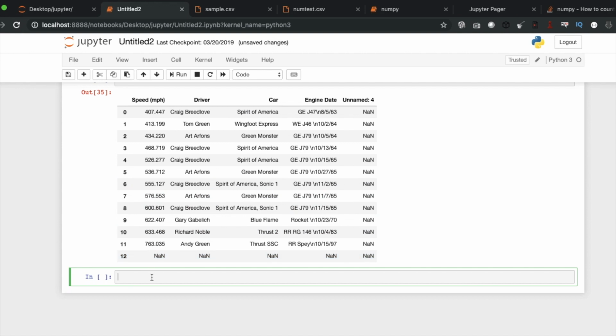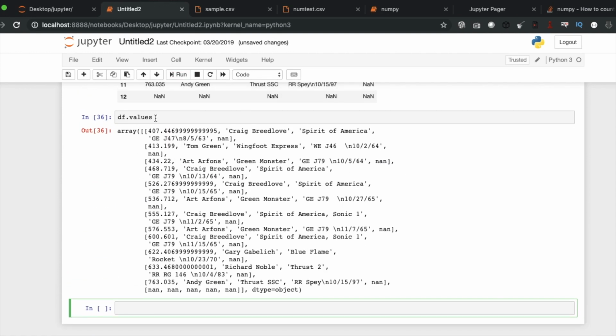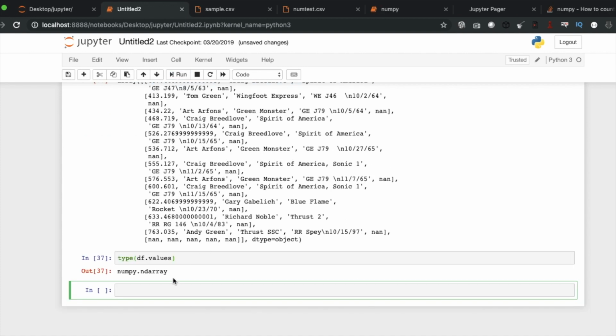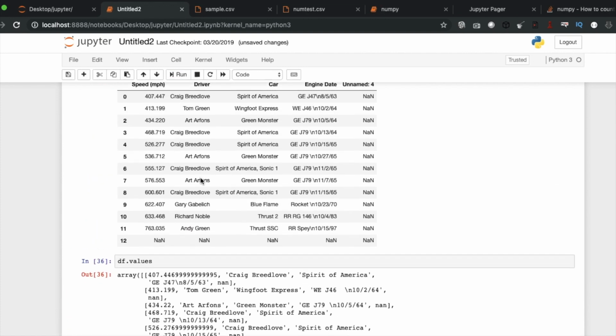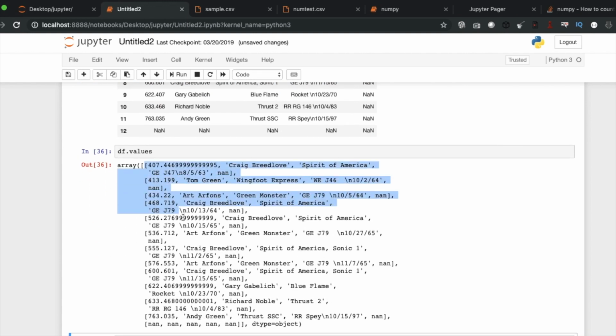So this is our CSV, df dot values. Now if you check the type of df dot values, it is a NumPy array. So whatever you are seeing inside the data frame is actually a NumPy array.